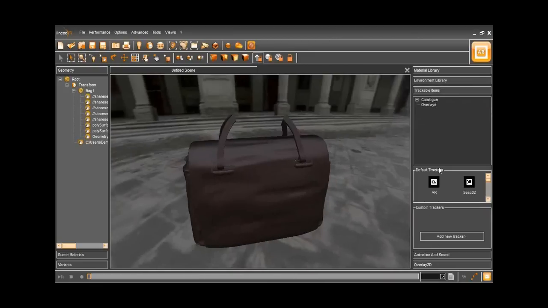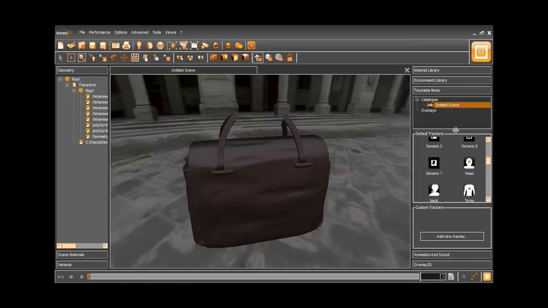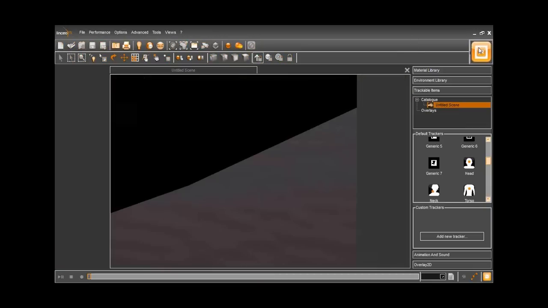The most interesting part is over here, where in the tracker panel we saw before, we have those entities which are the hands, the head of the skeleton of the person. You drop them over here, and once done, you go into Augmented Reality